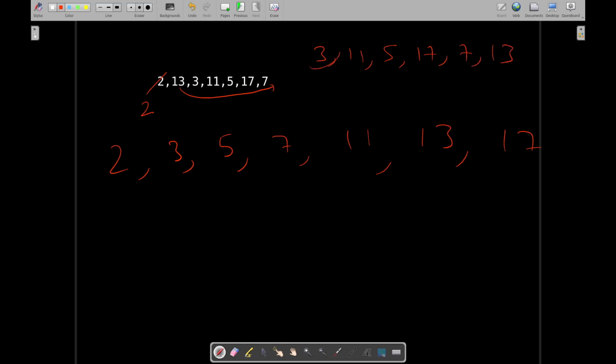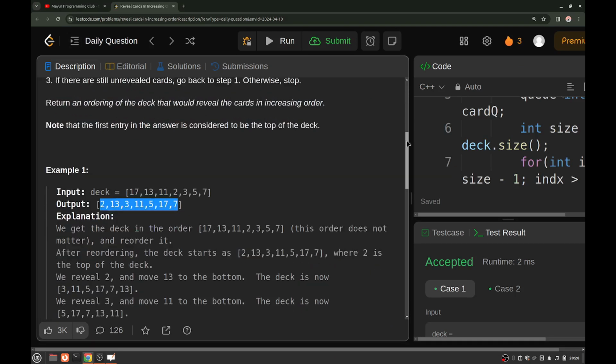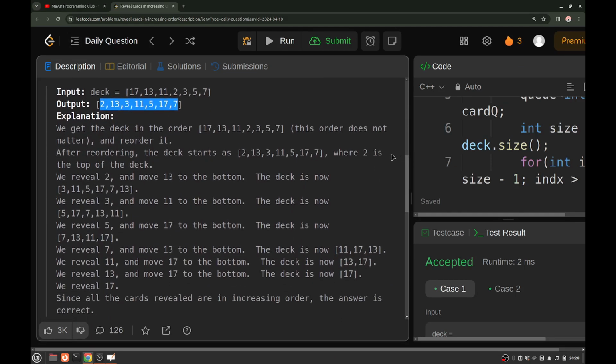Now 3 will be revealed, and 11 will be at the end. So this whole thing will continue in similar fashion. It is very well explained in the explanation also, that first of all, if this is the arrangement, then we